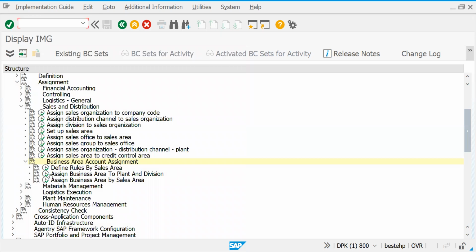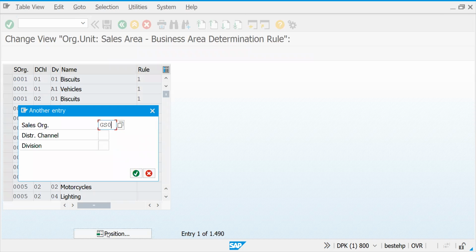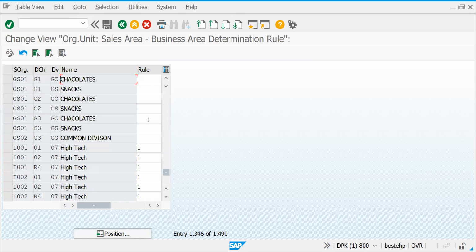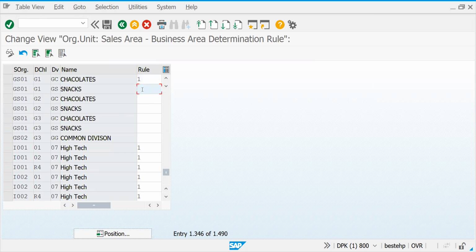So as of now, I'm just keeping different rules by sales area. Let's go back to either one of the rules you have to assign. Let's try to choose the rule. I'm just taking the plant division. You just assign.